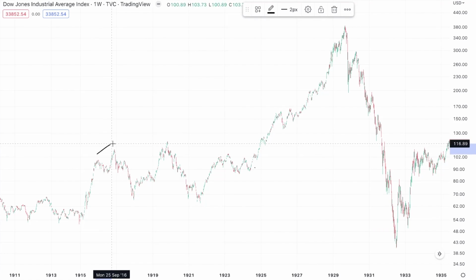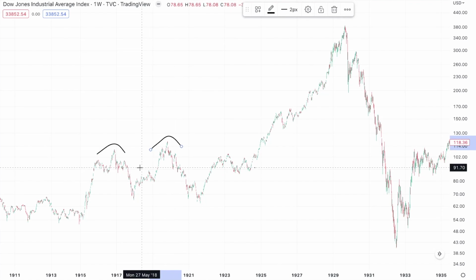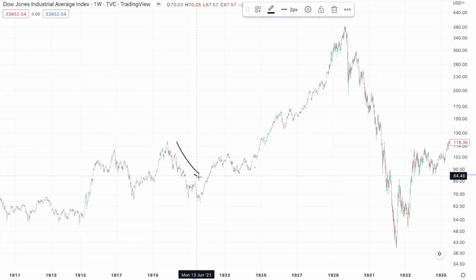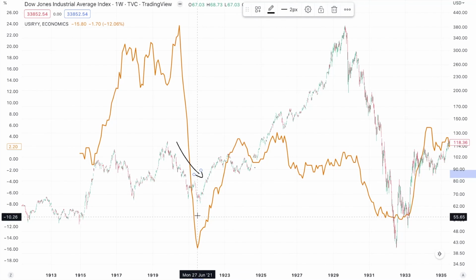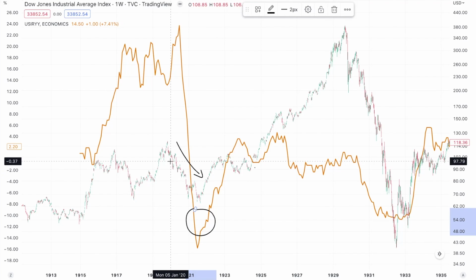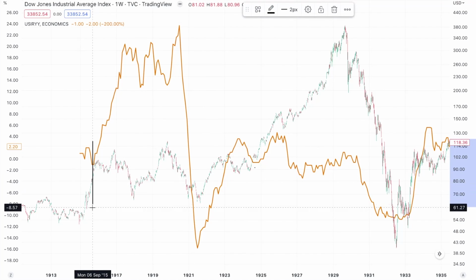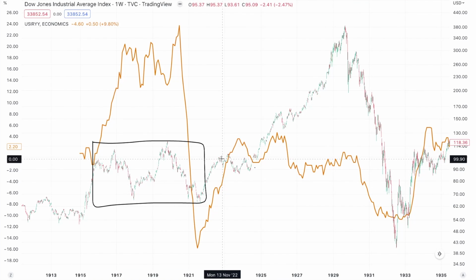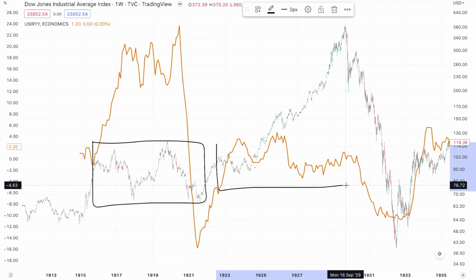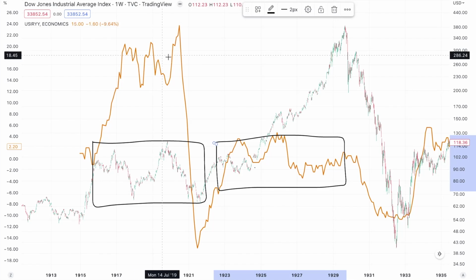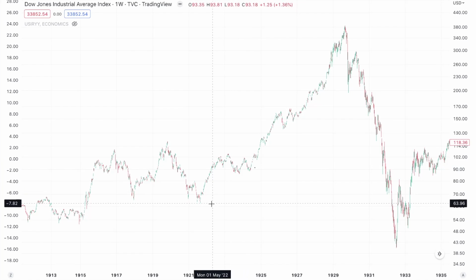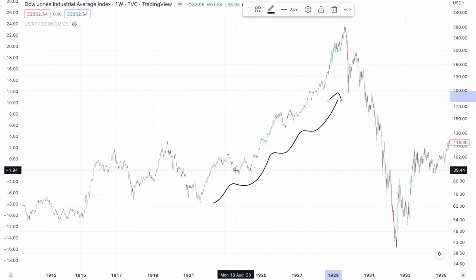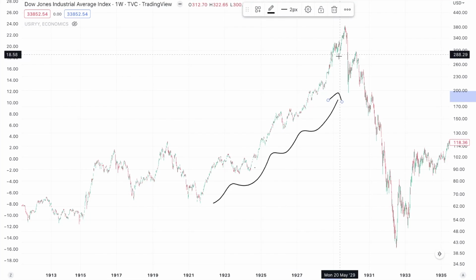During the First World War and a few years after, we had two big bear markets, two big recessions, the second one being close to a collapse of the financial system in the early 20s, where you did have a brief period of deflation during that recession. And following this secular bear market that we had leading up to 1922, we saw a big boom that then led to a very stable period where inflation, right, this is the chart of inflation, stayed relatively stable between around 0 and 2%, which led to a period of very easy monetary policy where both the economy and the financial system were able to leverage up.